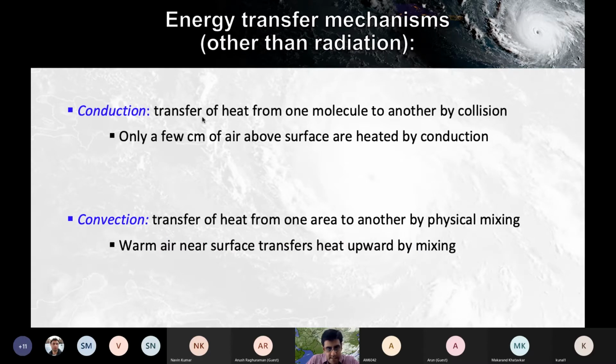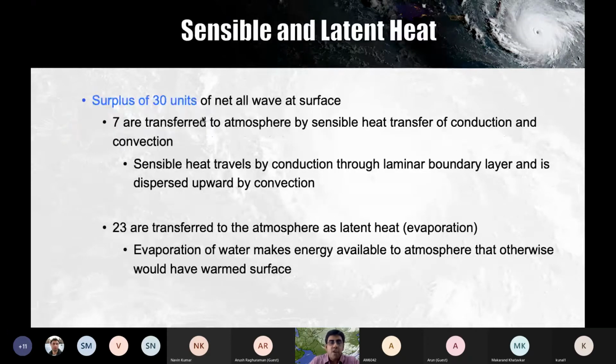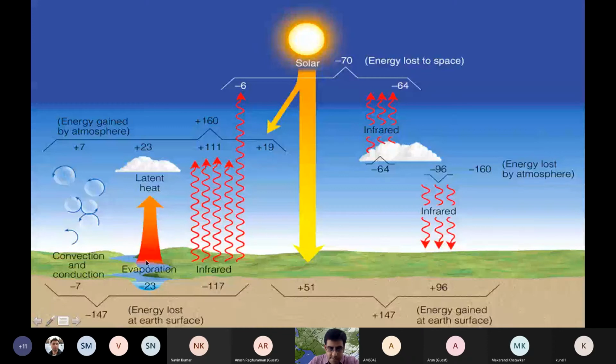Because if the surface has taken 30 units extra, then it can either release it as sensible or latent heat. Latent heat is nothing but the heat that is released when the material changes from liquid to gas. So for instance, if you have a lot of lakes, a lot of water bodies, a lot of trees, then the trees will take away the heat through evapotranspiration, because all the trees have water in them, right? So they will slowly take away this heat. But we are not allowing this excess heat to go as latent heat,